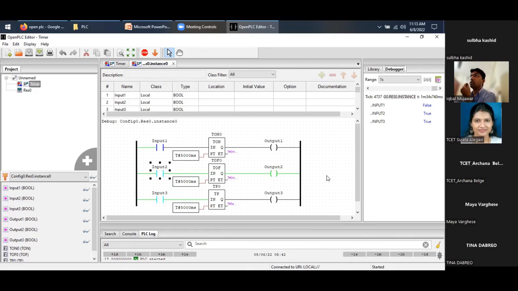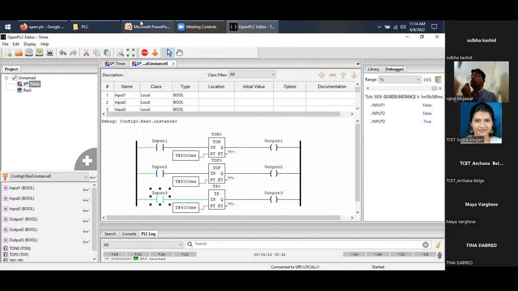The timer turned on. When I release it, only then will it turn off. It will not turn off immediately; only after releasing will it work. But in the pulse timer, even though the input is on, it will not stay on, because it works on the pulse only. It will not depend on the input. Once it receives input, the timer will be on immediately. This is a pulse timer. These are the 3 timers: timer on delay, timer off delay, and pulse timer.